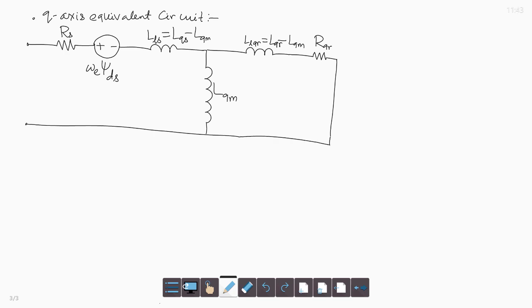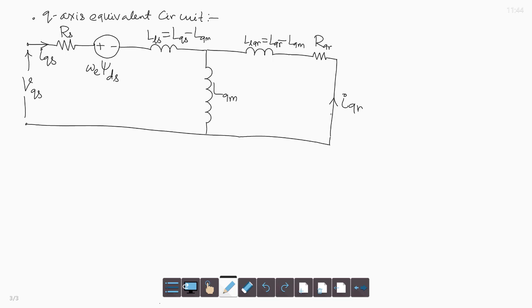So, the voltage applied to the stator winding is VQS, the voltage applied to the Q axis stator winding, and the Q axis stator winding is drawing the current IQS, and the rotor winding current is IQR, the Q axis rotor winding. The sign is taken in this direction, meaning this is the positive direction. If IQR flows in this arrow direction, then it is positive. If IQR is flowing in the opposite direction, it is negative. This is the sign convention.